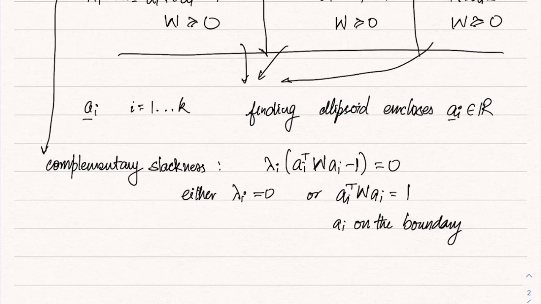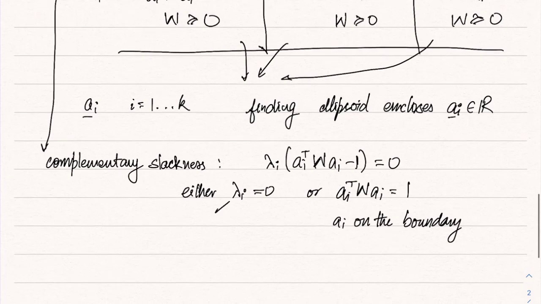And what does lambda_i equal to 0 mean? Lambda_i equal to 0 means no measurement, because remember, lambda_i was m_i by m. m_i was the number of measurements. So lambda_i equal to 0 means that there is no measurement at location i. So either you don't make any measurement at location i, or the point a_i would be at the boundary of